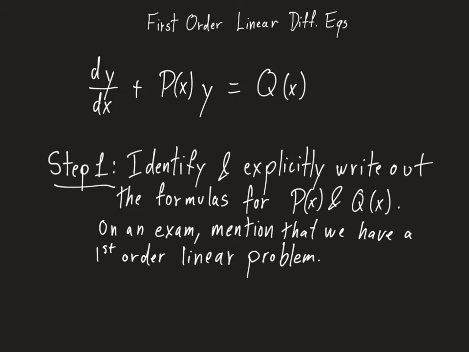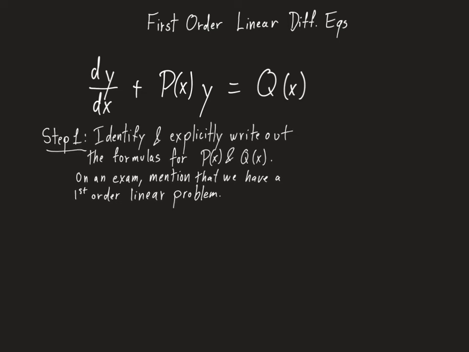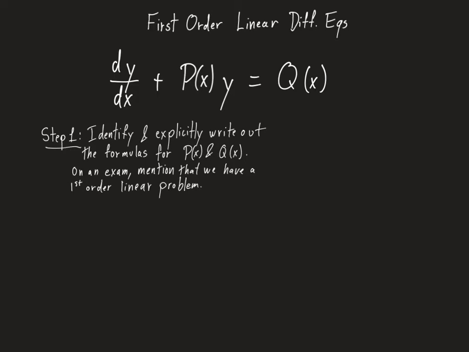So that is the first step. Write out what the values of p of x and q of x are. Now in this case, I'm not going to do that quite yet because for now I'm still going to work with this general form of the equation, but I will be doing that when I get to the example problem. Alright, once we've done that, what do we do? Step 2